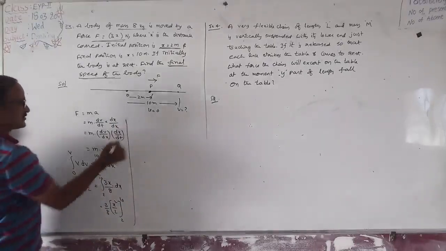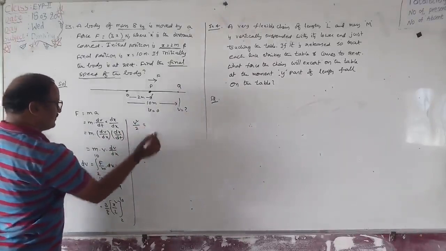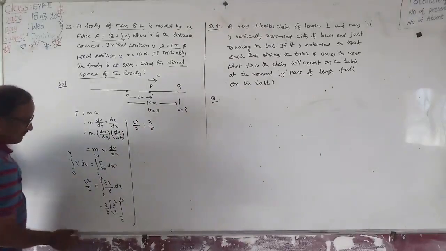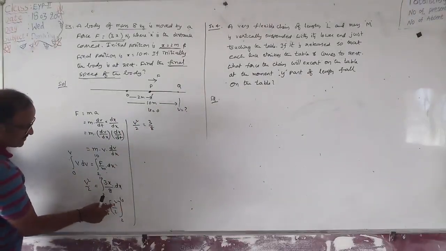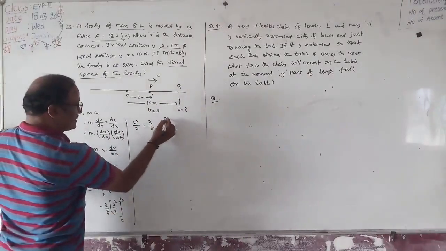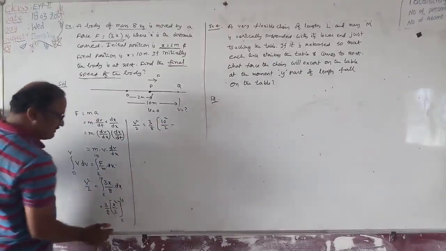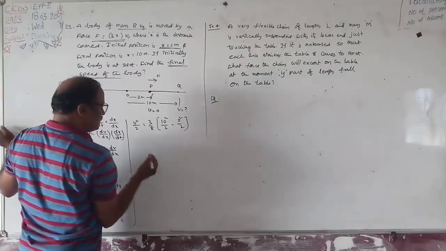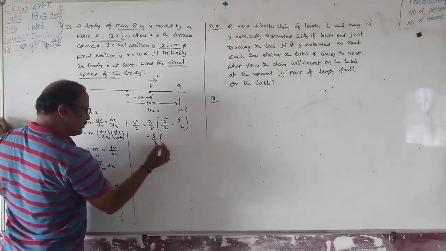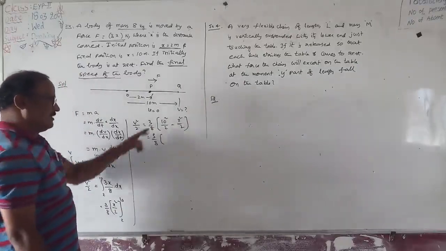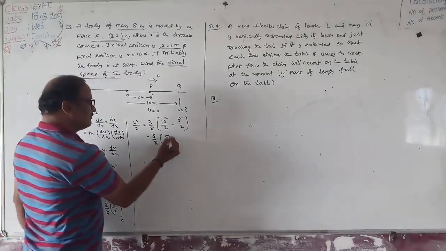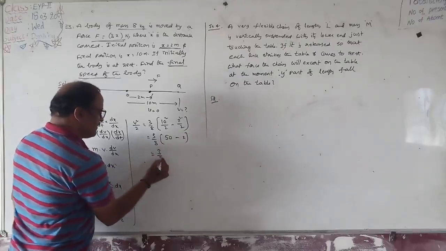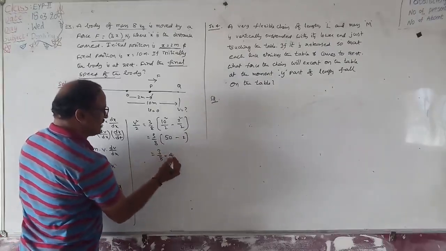Therefore v square by 2 is equal to 3 by 8 into, right? First we should apply the upper limit instead of x, that means 10 square by 2, minus the lower limit, where x is replaced with 2, that means 2 square by 2. So that is 3 by 8 into 10 square means 100, 100 by 2 is equal to 50, minus 4 by 2, which is 2. So this is 3 by 8 into 50 minus 2, which is 48.